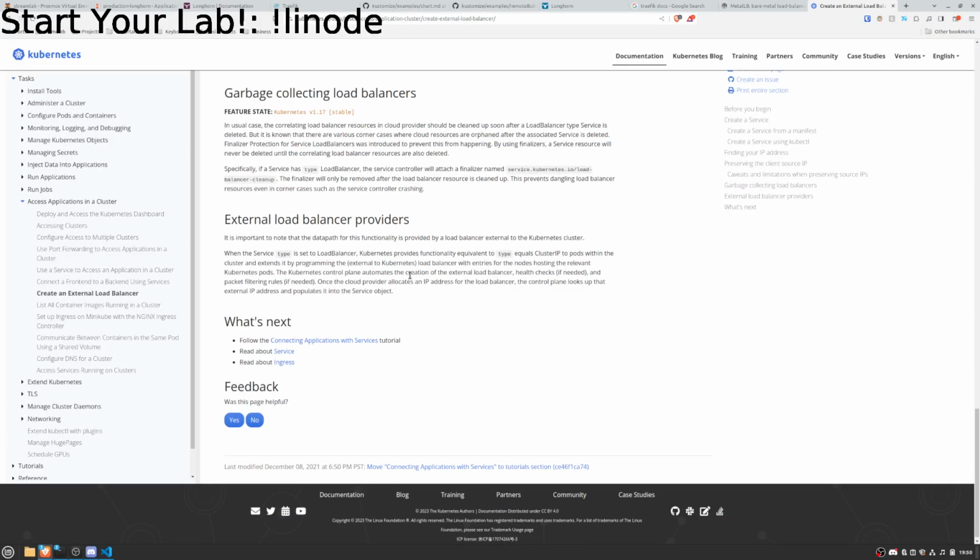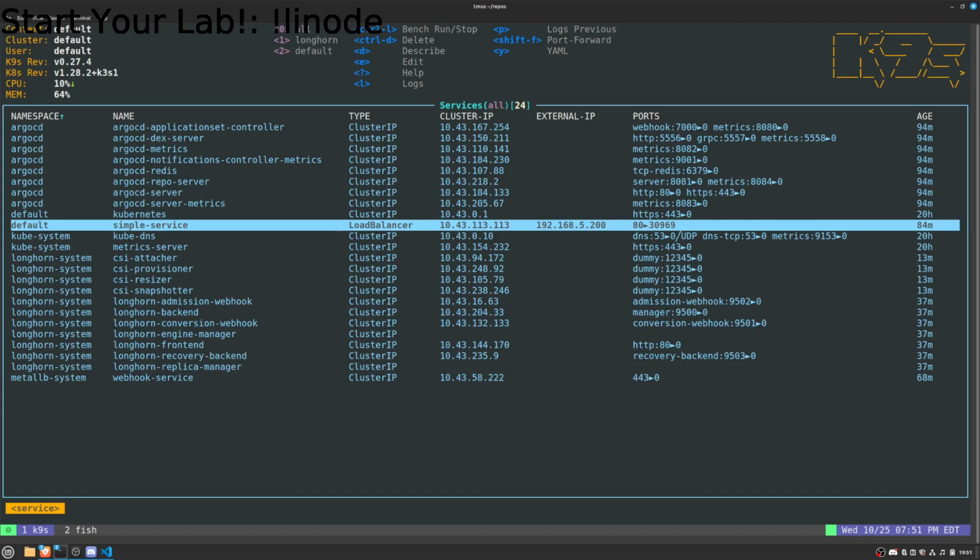But since we're working on bare metal and I'm not a cloud provider, I have to set up some service that'll do essentially that part for me. So what MetalLB does is, whenever I set up a service,